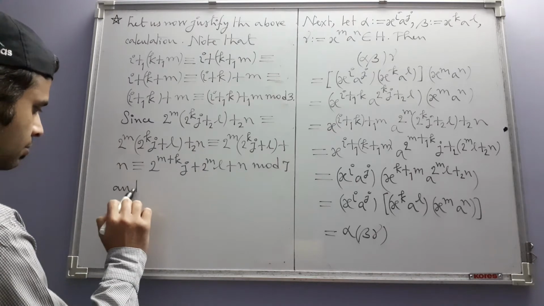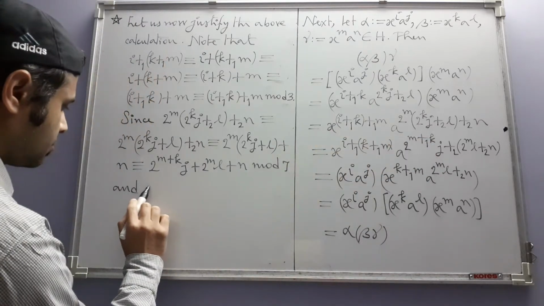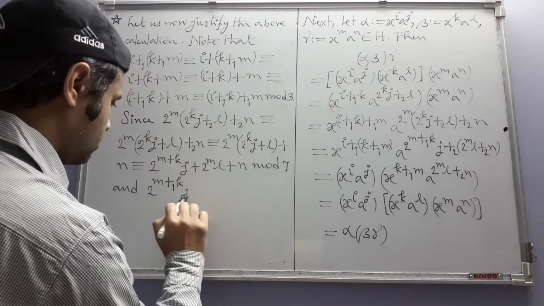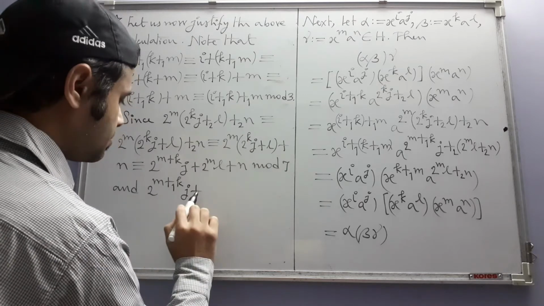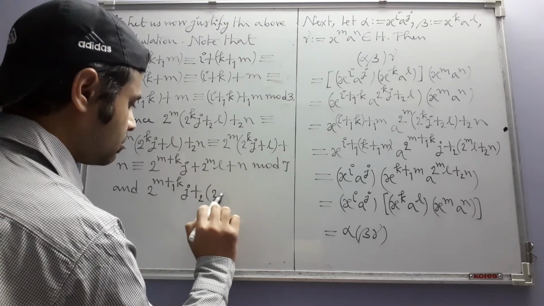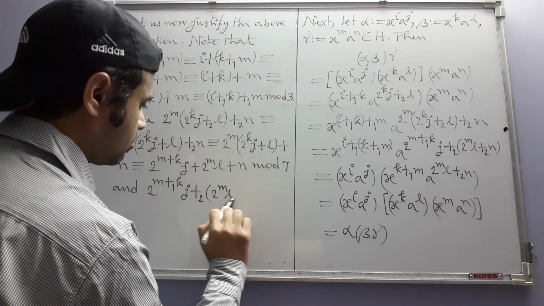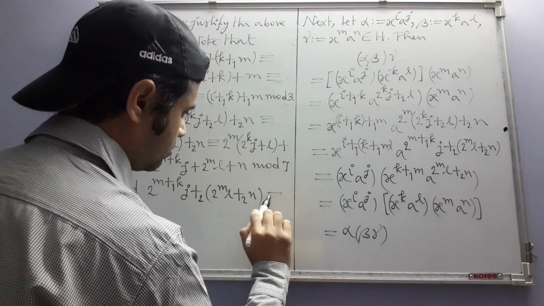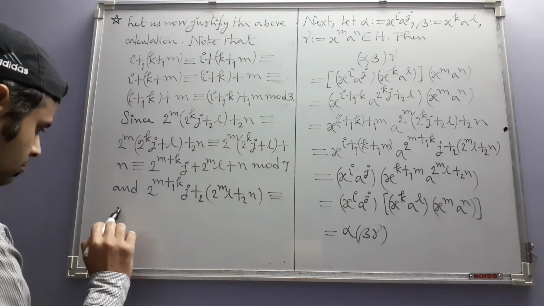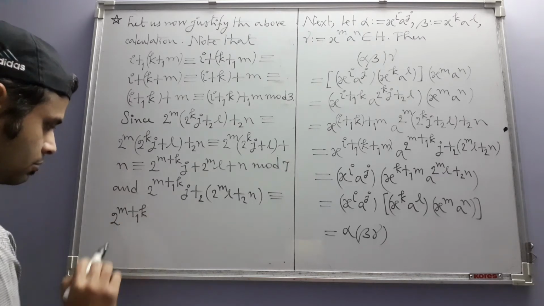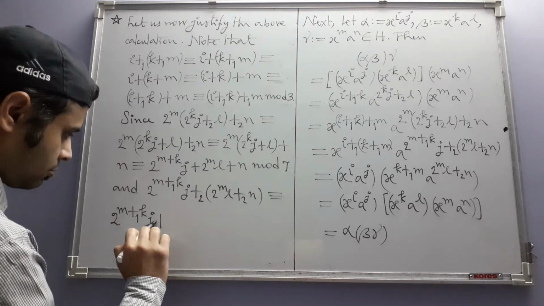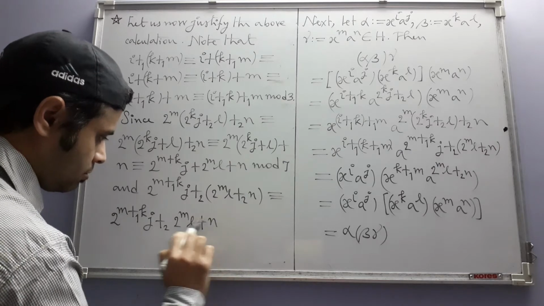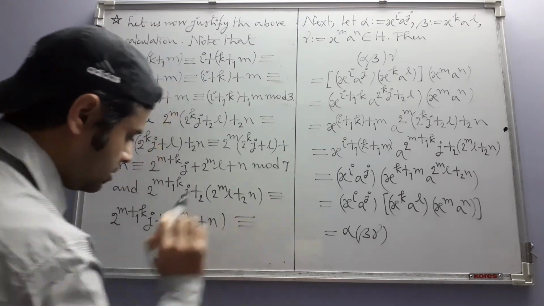And if we start with this one, (m plus 1 k) times j plus 2, plus n, and this is congruent to,